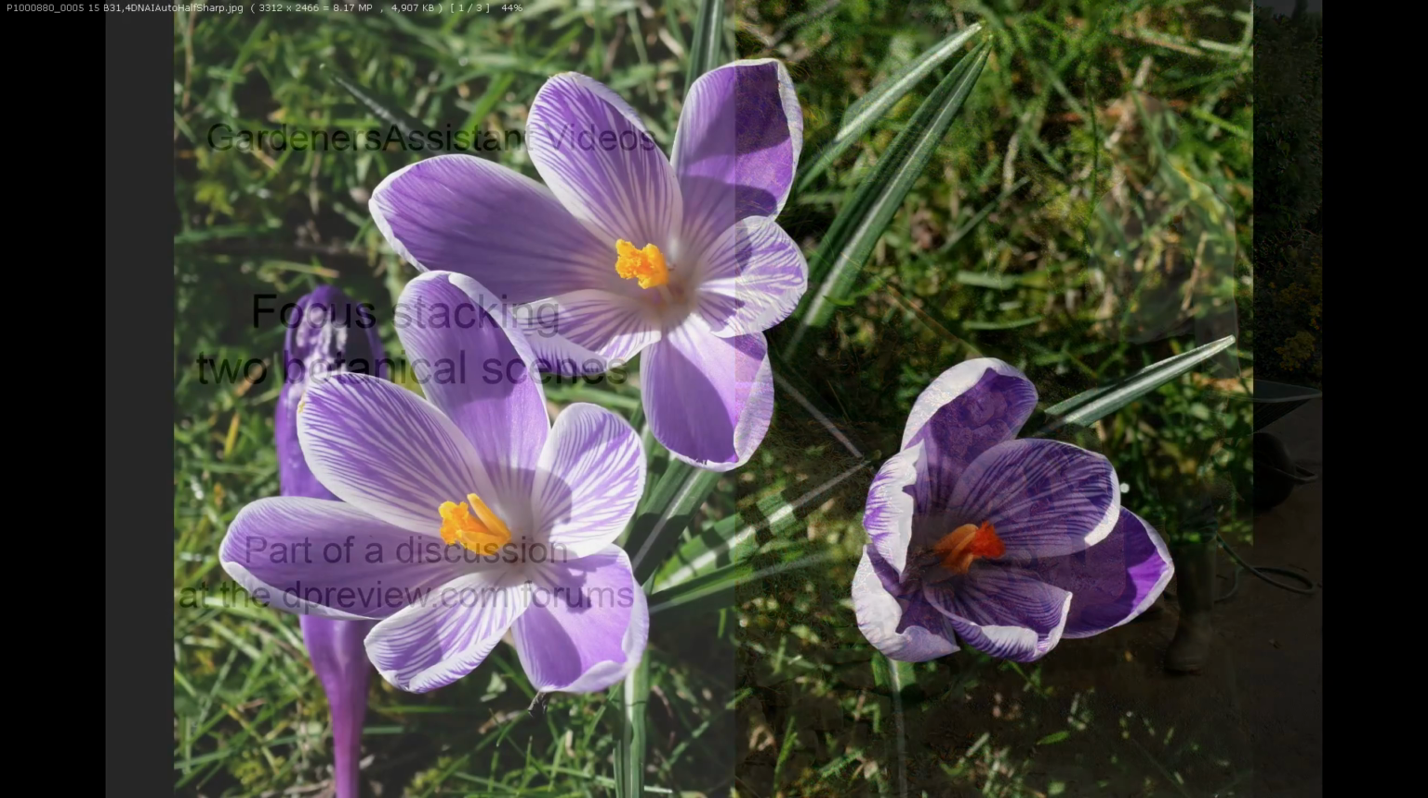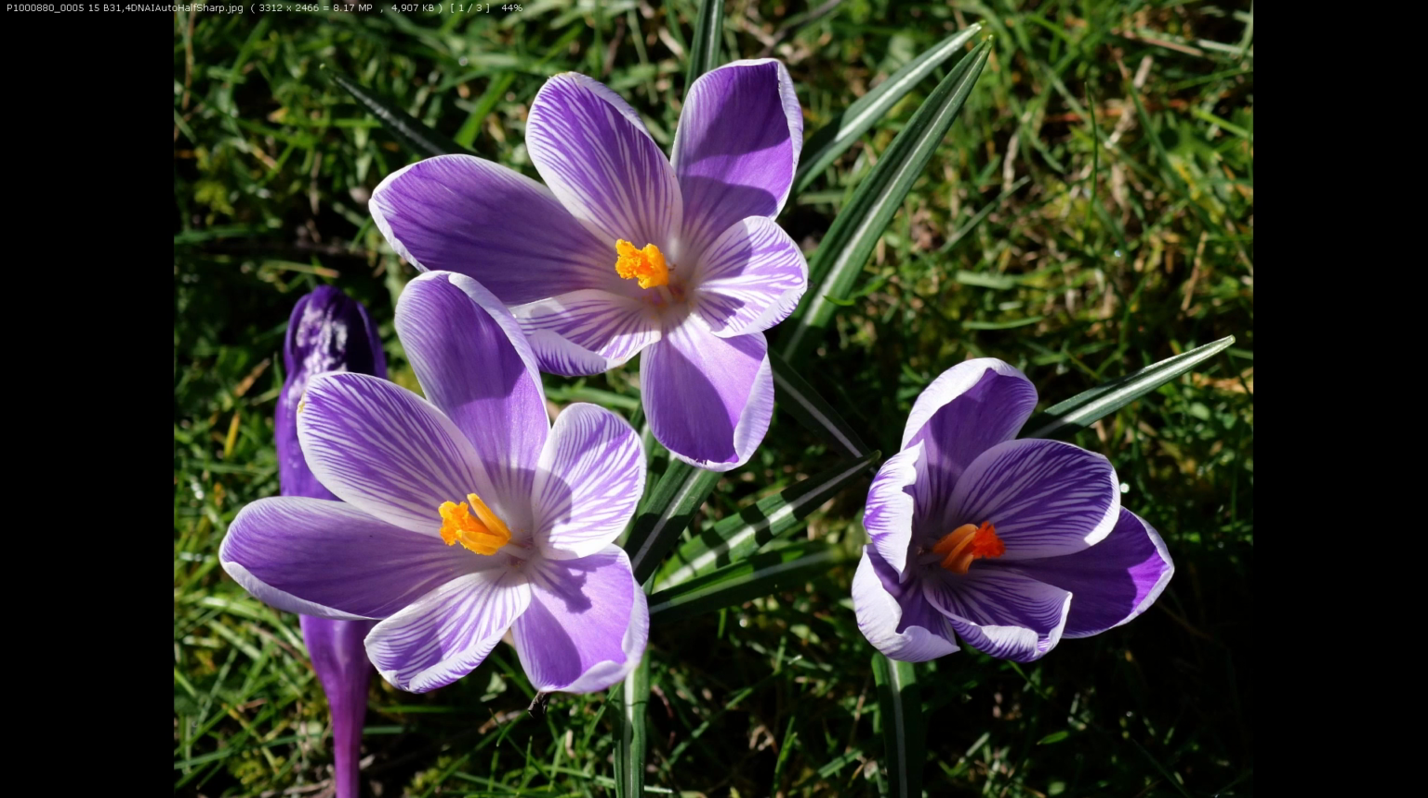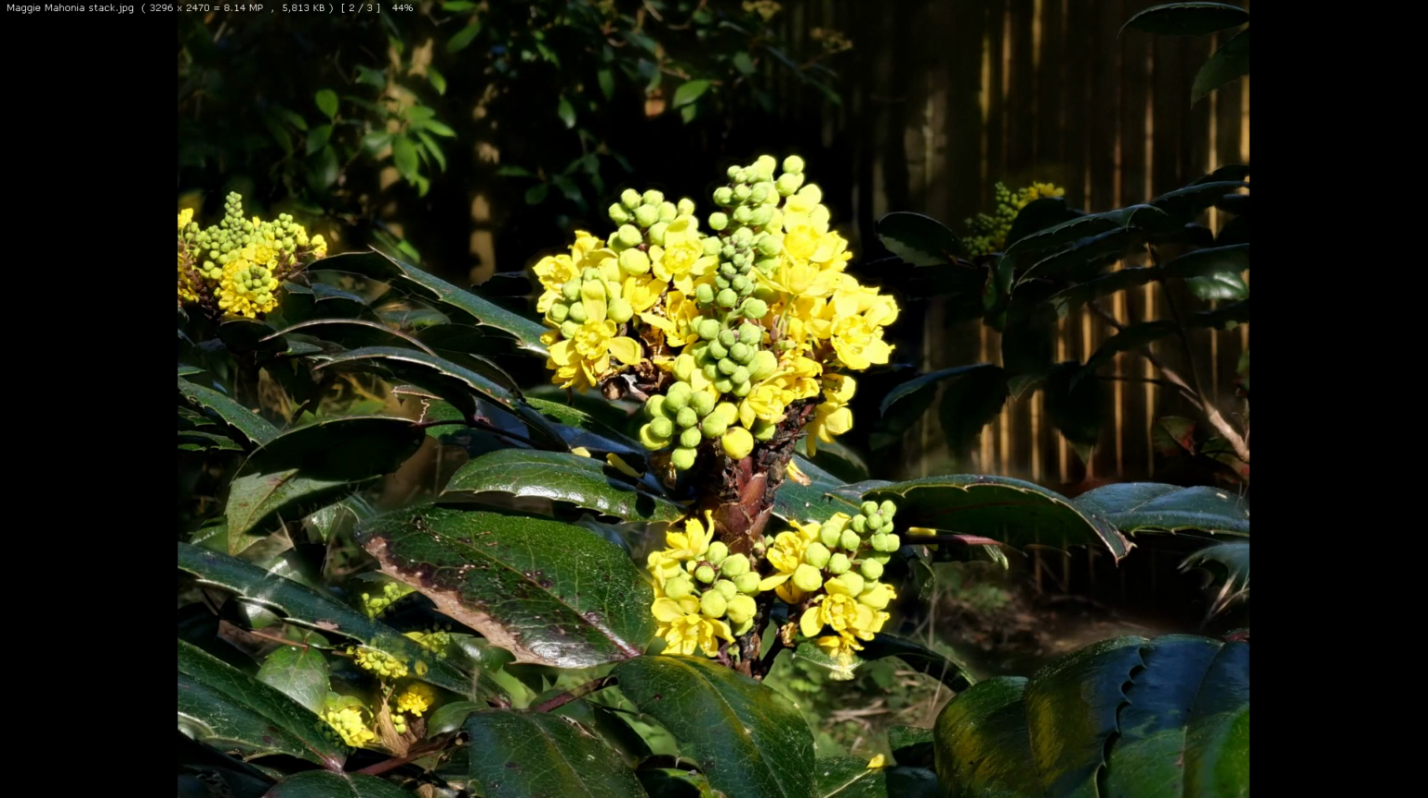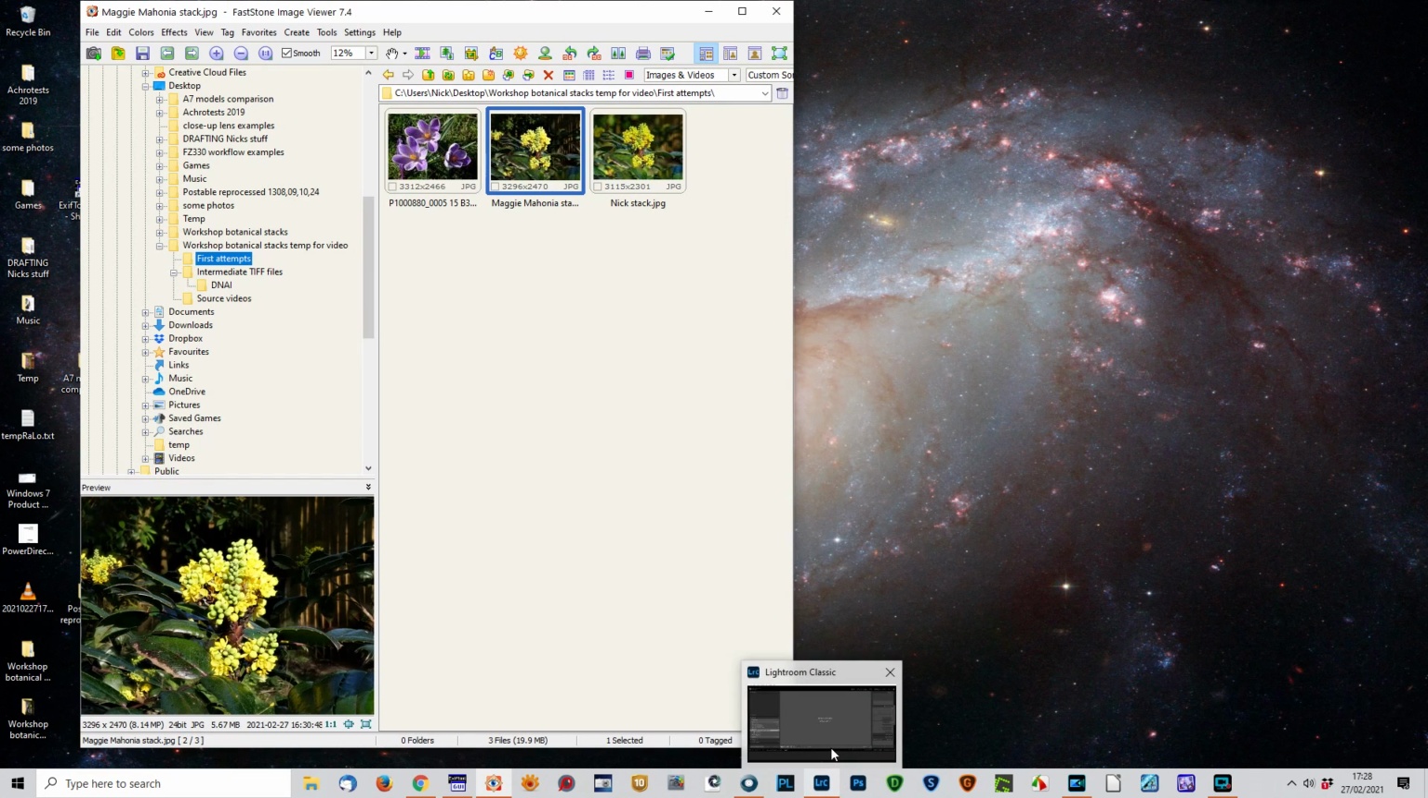Hello. In this video I'm going to work through the processing of two images to produce focus stacked images of these two botanical scenes. This is one of them and this is the other. This is associated with a thread at dpreview.com where we're discussing these things, and these particular examples have been produced by Maggie Mole, who's a user in